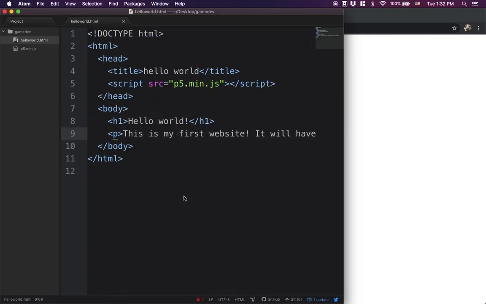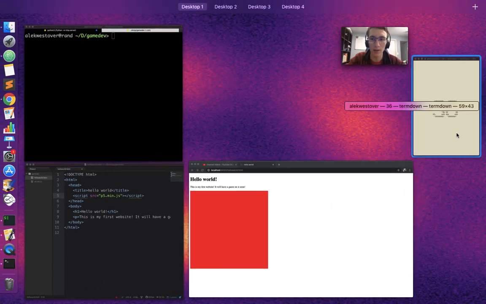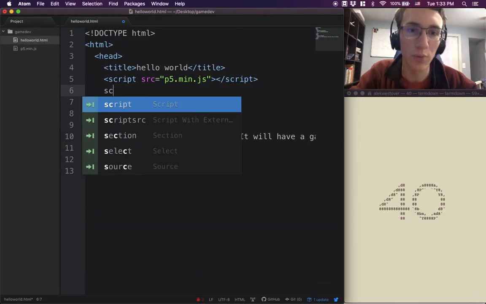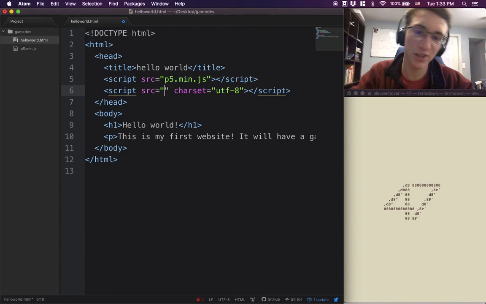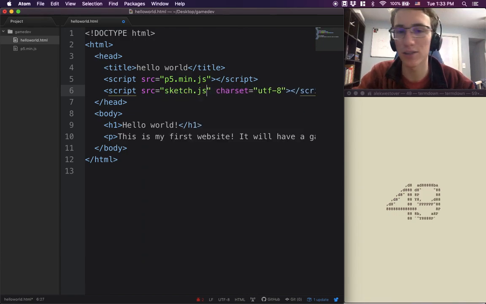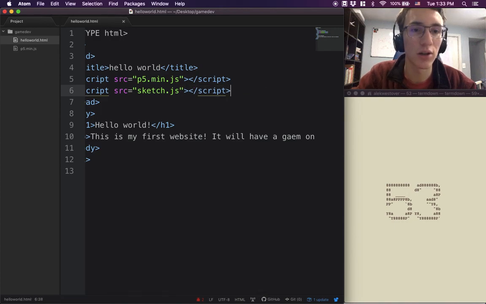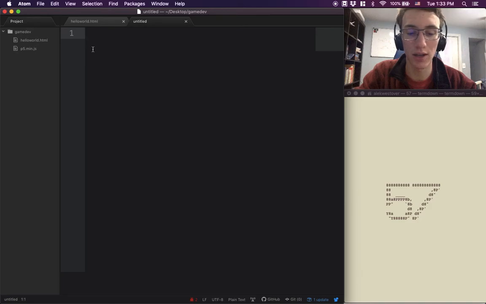So, anyways, make a very basic HTML page, just like before. And let me make sure my timer is visible. Now we're going to do something different than what we did last time. We're going to import our JavaScript code, which is the correct way to do it. Just type this little script line here. We're going to make a file called sketch.js, and that's actually going to contain our